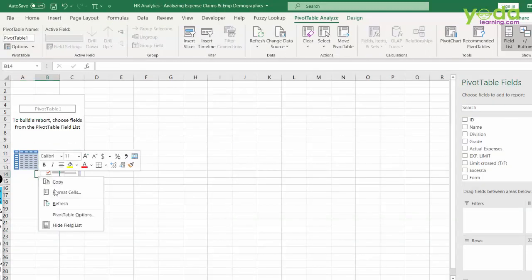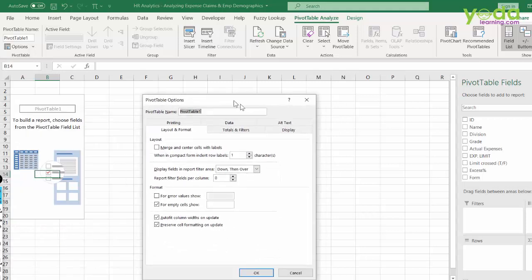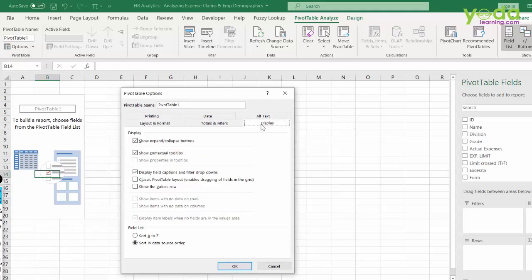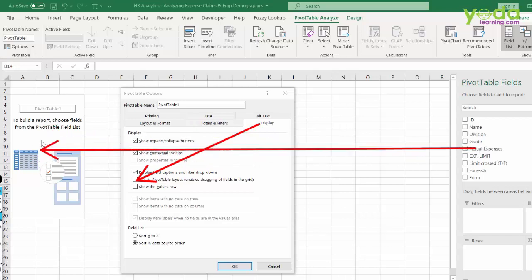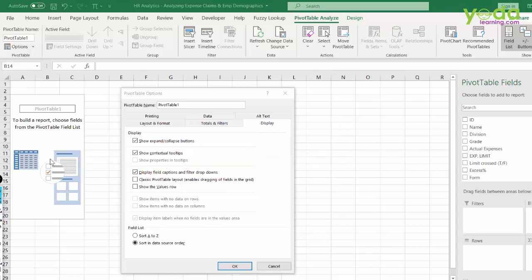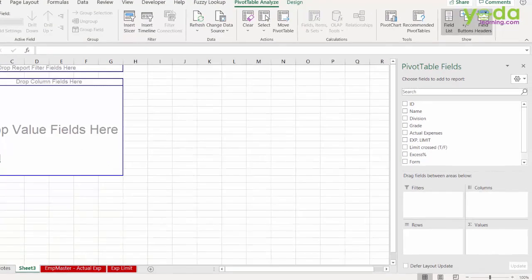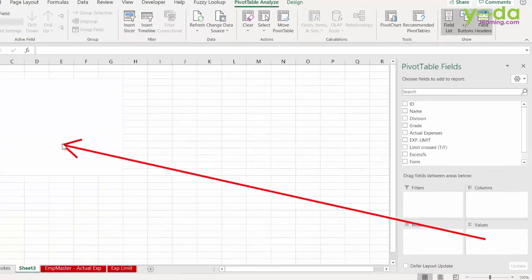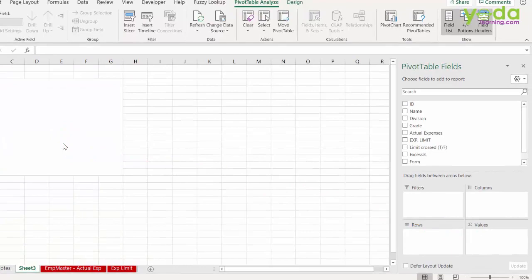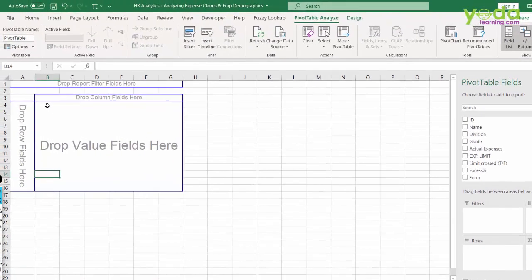Firstly, I right click and go to pivot table options. Then I go to display and I activate this option called classic. I do this so that all these fields on the right can be dragged and dropped in the left hand side. So having done so, I move on. Let me remind you that the maths area is the one in the middle. The rest are non-maths area, which means if you want mathematic calculations, you have to have fields here.